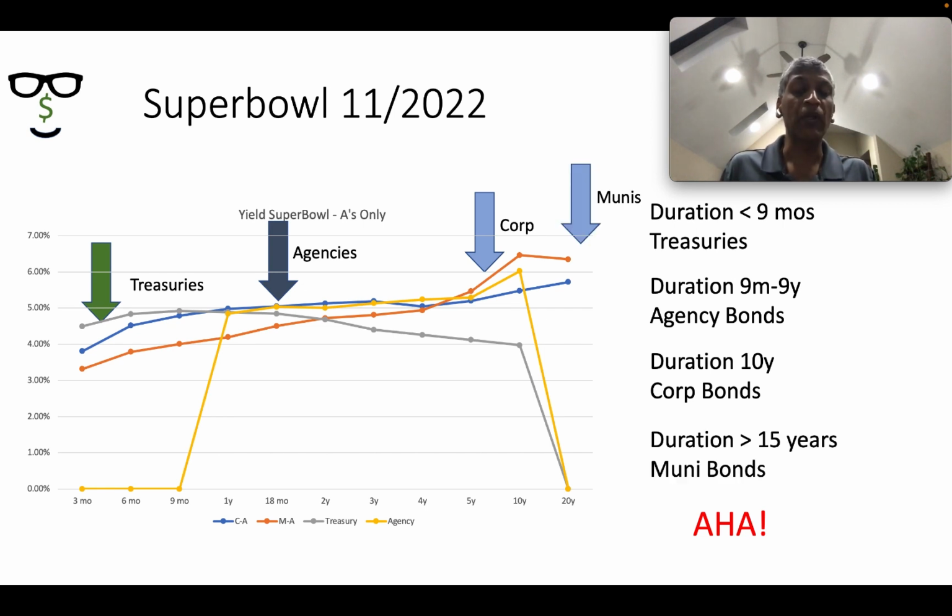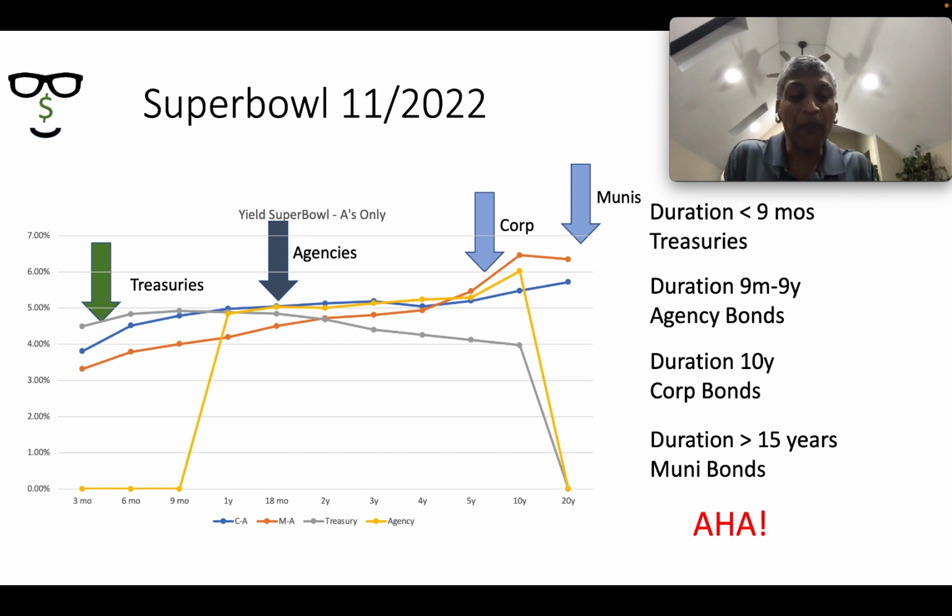Munis, you may remember, you had to go 30 years before there was anything useful. There are some interesting muni bonds past the 10-year mark now. Again, remember, this is at a 28% effective tax rate. If your effective tax rate is south of that, it is unlikely you will have much interest in munis. That still is true, but the tide is turning. Corporates are forced to issue a higher rate because the federal treasuries are paying so much.